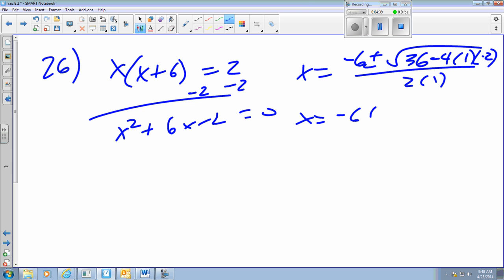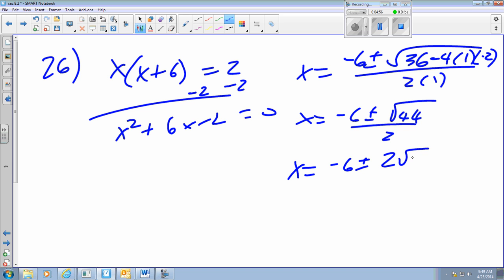Simplifying, I get negative 6 plus or minus, starting here again, negative 4 times 1 times negative 2 is positive 8. 8 and 36 gives me 44 over 2. I know that the square root of 44 is 4 times 11. 4 comes out as a 2. Square root of 4 is 2. And everything is now divisible by 2, so we would simplify to negative 3 plus or minus the square root of